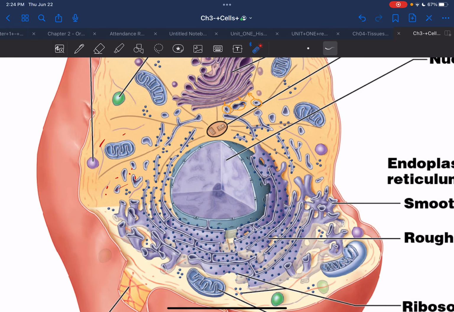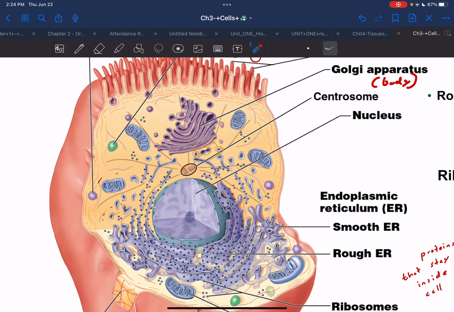And so what this does is that it is an organizing center because it can actually control things. It'll be attached to the organelles. It'll be attached to all of it, and it can move it wherever it wants throughout the cell, and it becomes more relevant for us when we talk about cell division. So what we're going to do is put a pin in it for now, and for now all you need to know is that it is capable of organizing all the inside of the cell